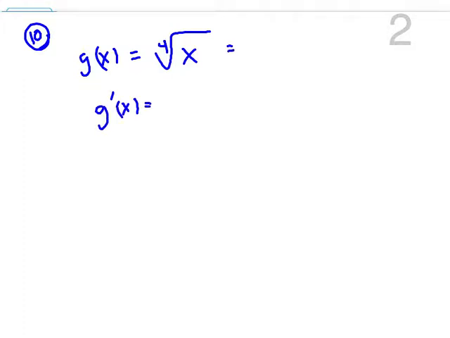I'm going to start by rewriting that. Can you express that as x to some exponent? What exponent is it? Good. Now apply the power rule. Take the derivative. So what's the power rule say? 1/4 of x raised to the